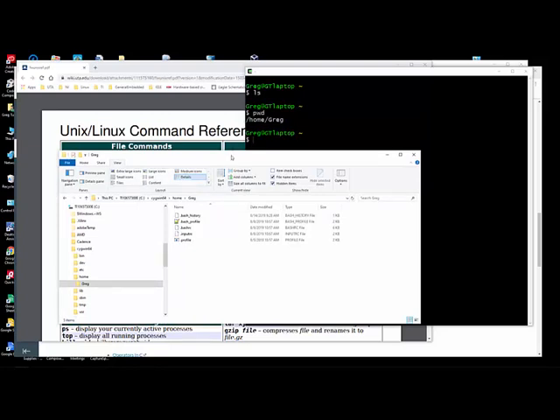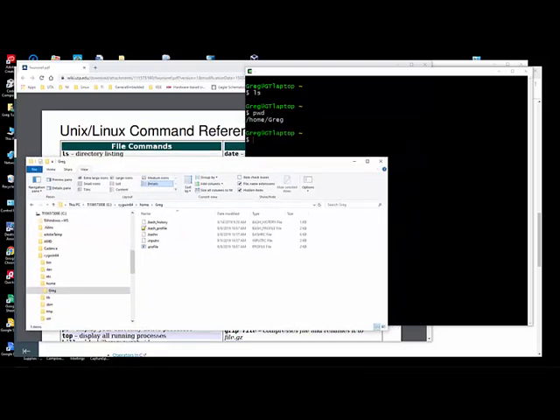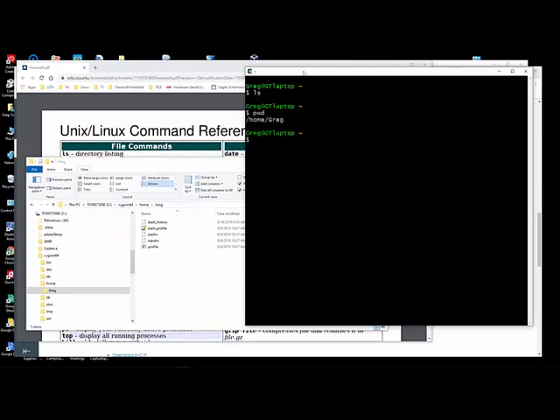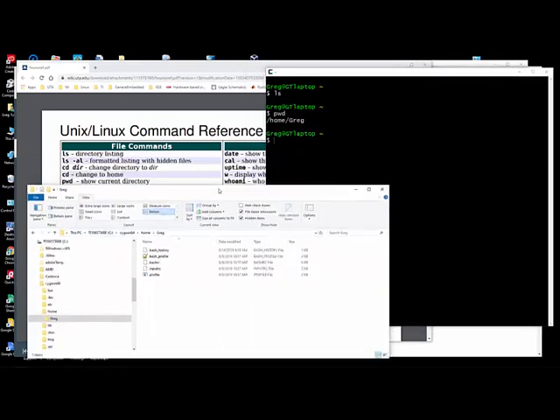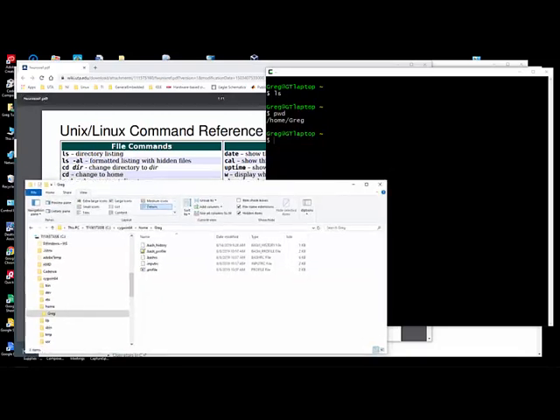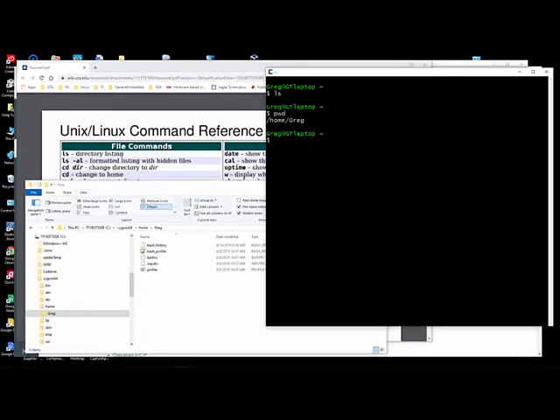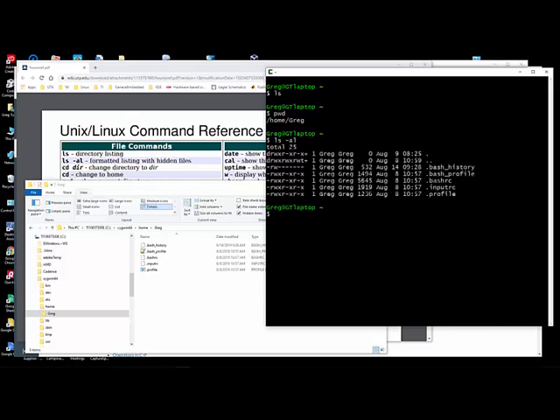Now let's see if I'm really in that equivalent location in my Linux file system. As I said, the ls command is supposed to list files that are in that current directory. Notice the second command in this handy reference says ls space -al, and that says a formatted listing with hidden files. So if I type that command, ls space -al, and enter that,